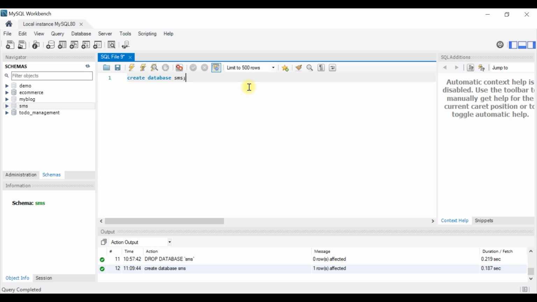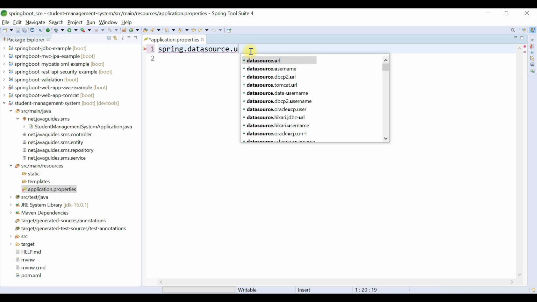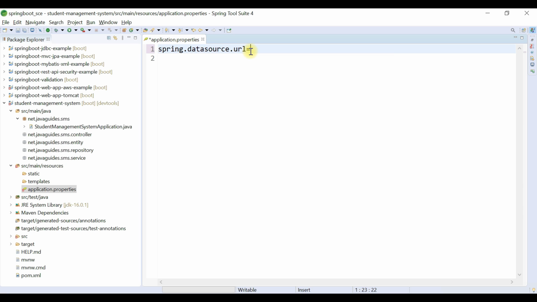Now let's go back to our STS IDE and go to the application.properties file, and here we configure MySQL details. For example, let's configure the JDBC URL. spring.datasource.url, and just provide a value something like jdbc:mysql. This is a standard JDBC URL format, followed by localhost.